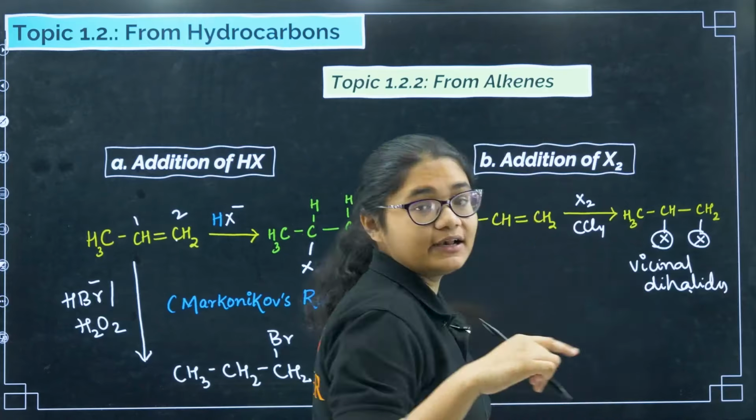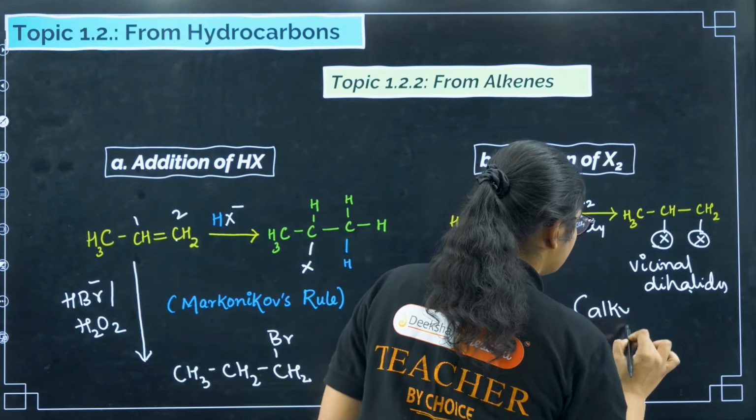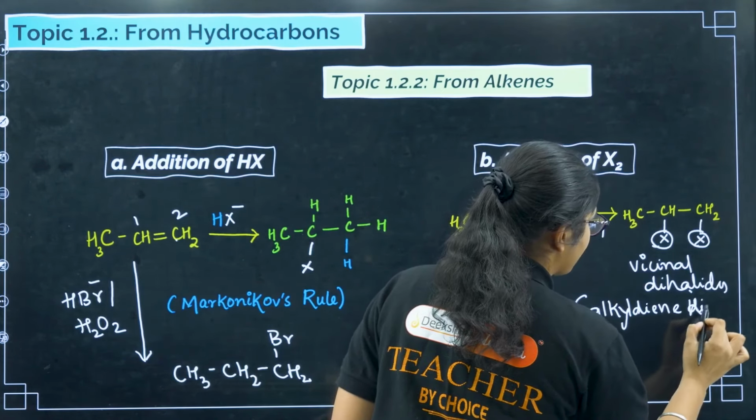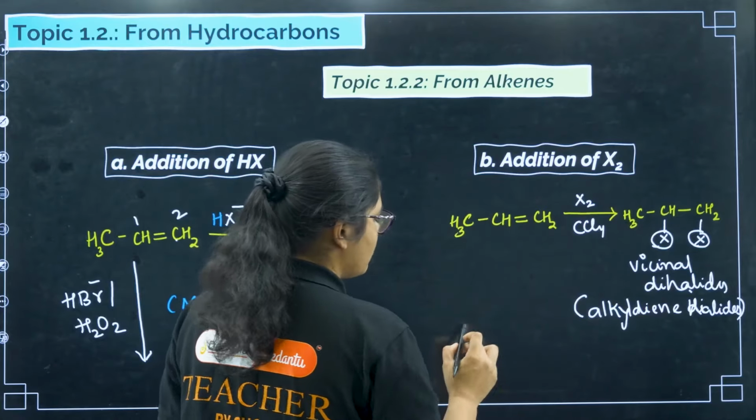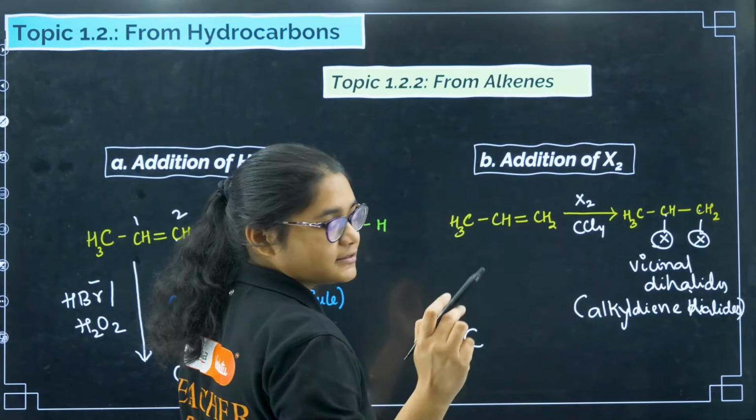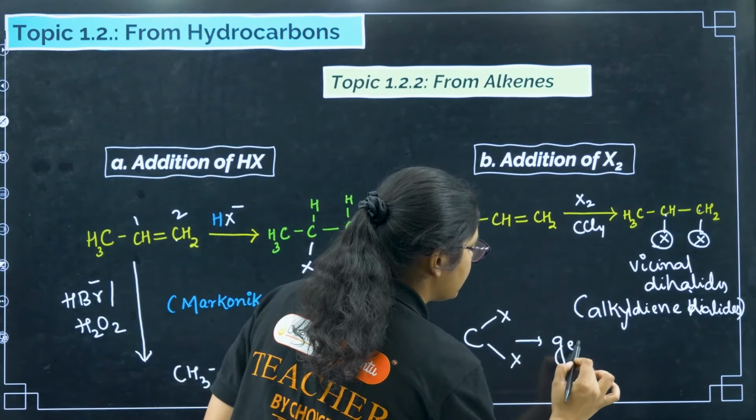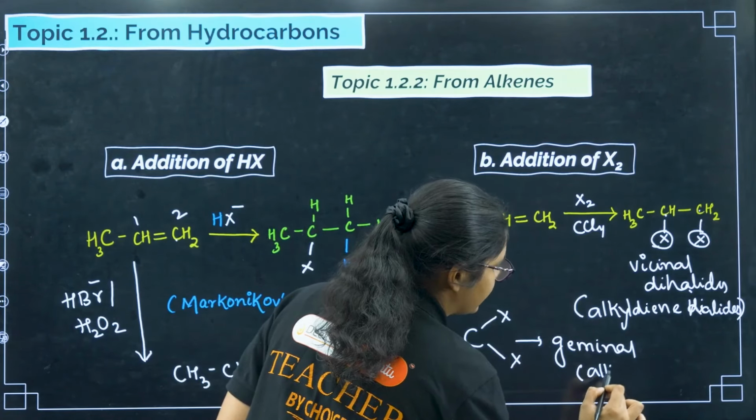Okay, vicinal dihalides, also called alkylidene dihalides, alkylidene halides. Here I want to introduce you to one more term. If two nearby carbons are each having X, that is vicinal. Now if the same carbon is having both X, then we call it geminal dihalides. And what is the common name here? Alkylidene